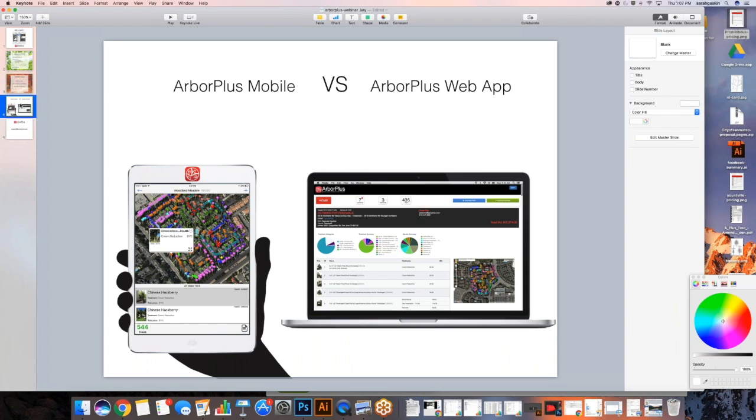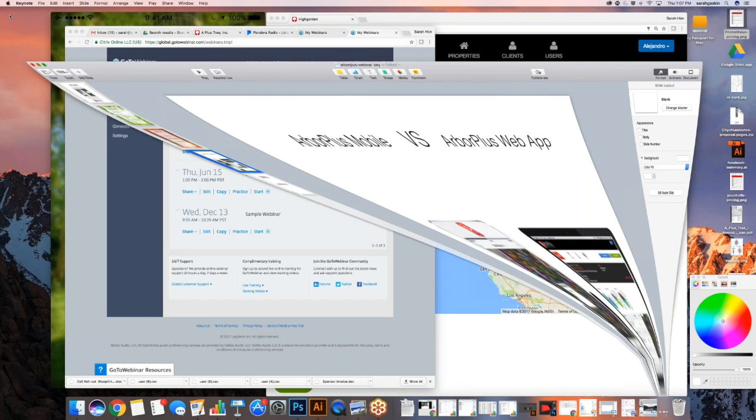So the main things you will be doing with your mobile app is the inventory, estimates, and also your field production, checking things, marking things complete in the field. And on the ArborPlus web app, it is more for the operations back end that you will be doing the scheduling and also more advanced estimates and invoicing side on. Okay. So let me get started and jump right into the